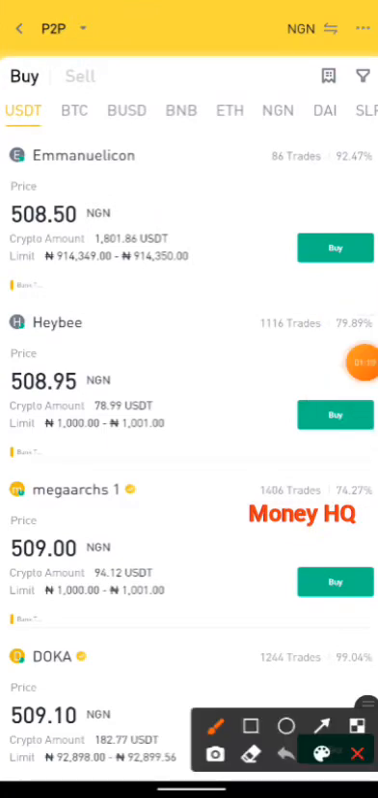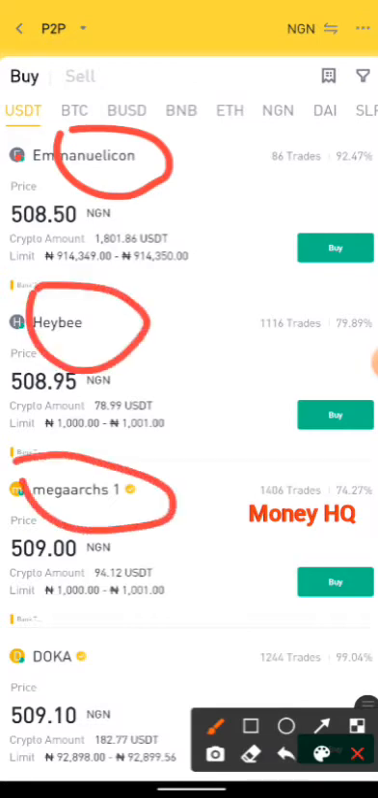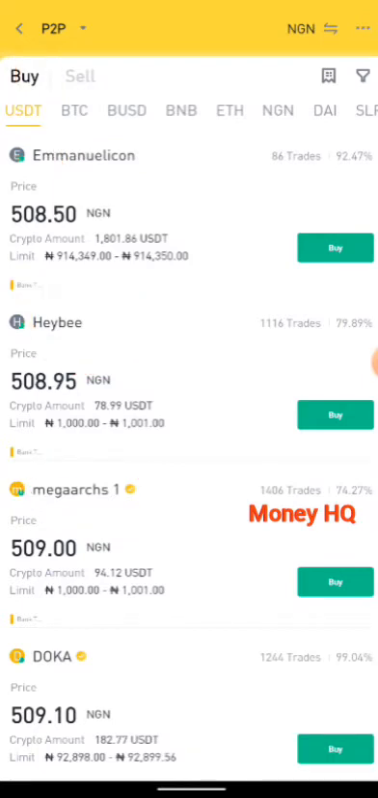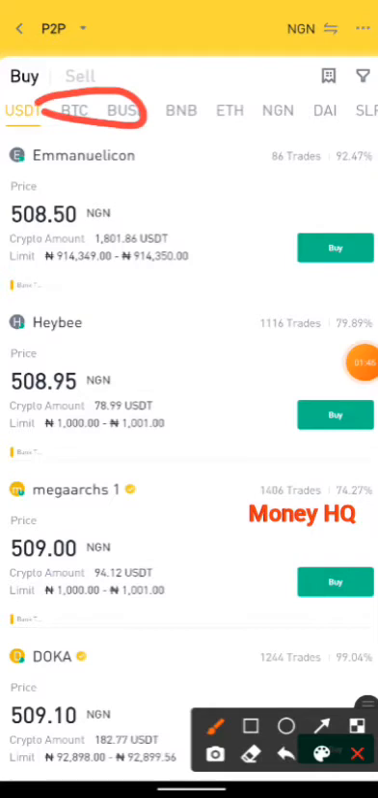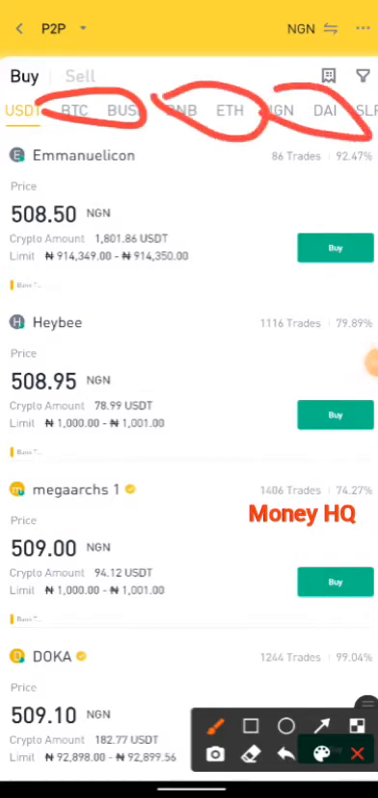After you've clicked there, you can see a lot of vendors here who are ready to sell their USDT to you. So on the buy tab of the cryptocurrency, you can select the cryptocurrency you want to buy. This is the buy tab, and these are the various cryptocurrencies. So you can select the one you want to buy, but for the sake of this tutorial, we'll be buying